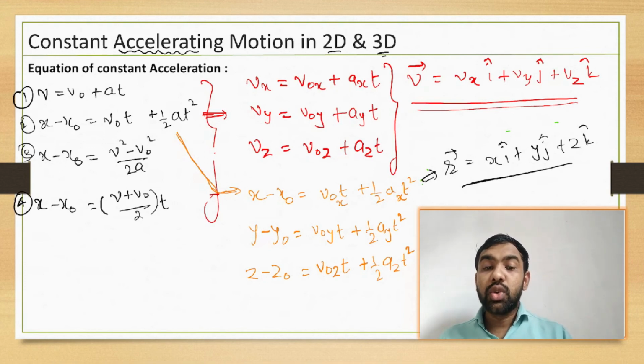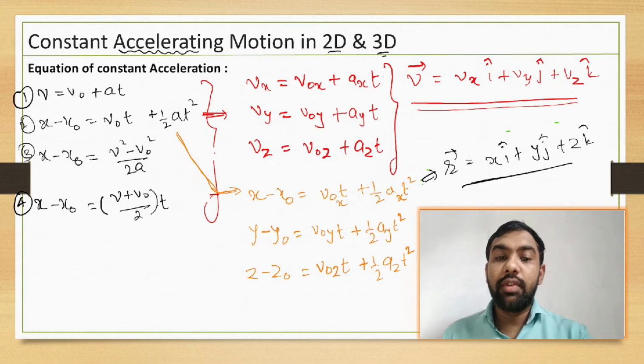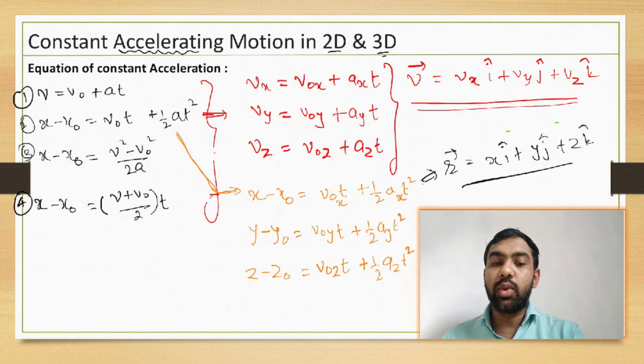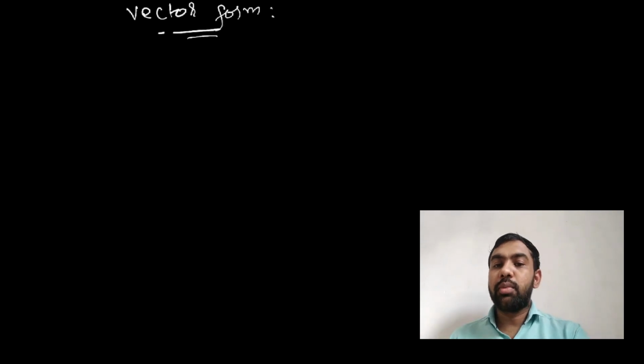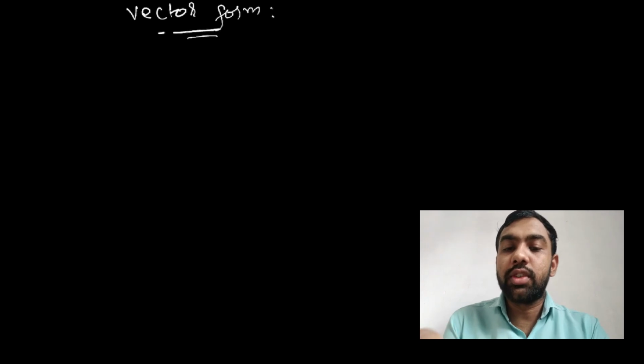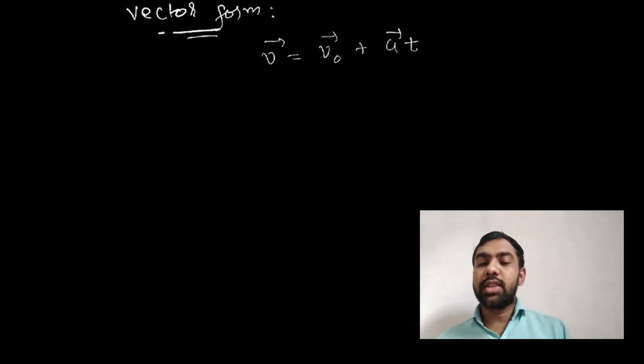Okay, so all of you guys must note this everything and you are getting this answer. Okay, and in vector form, if you want to write all this equation in vector form, then you write this equation in this form, like the vector form. Vector form में आप this equation this way. See, v is equal to v0 plus at. Means you just write the v separately, v0 separately, at separately.